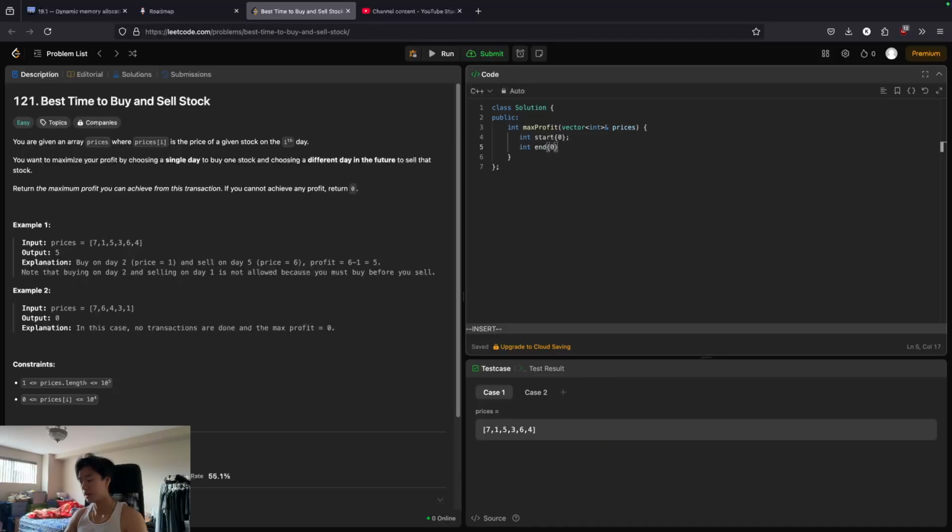And now we can do int profit, and this will also be 0. Then while end is less than